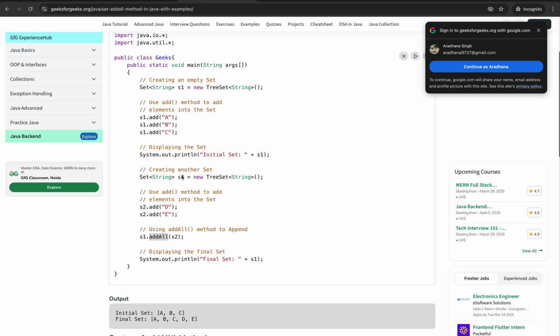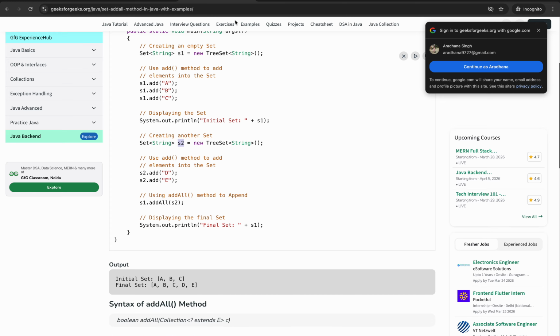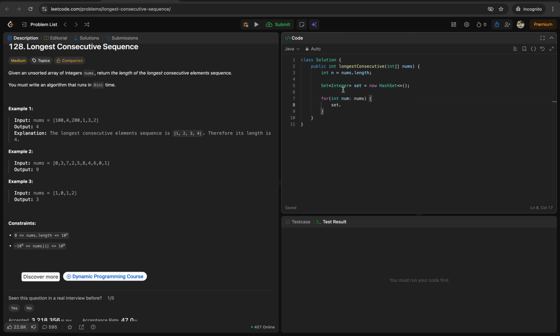Add all, and in add all S2, okay, we can add the second set only. Okay, fine. So I will do it like this: set dot add and we'll add num to it. Then what we can do is, then we'll start iterating over this array, int num in nums,